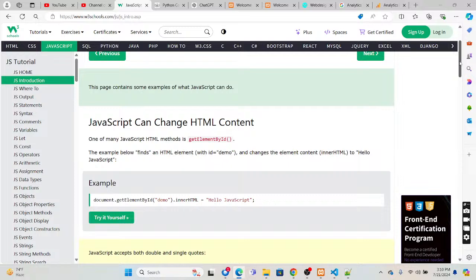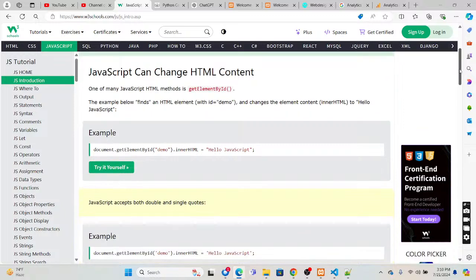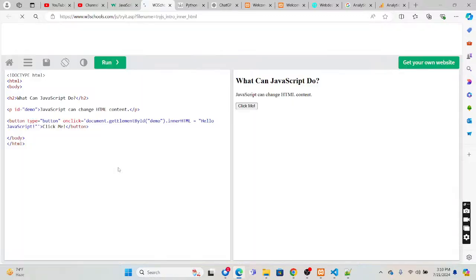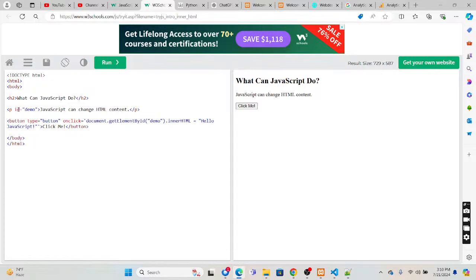Of course, now the server side is also there, but our focus now is on browser JavaScript programming for HTML. The entire page is a document, which has a button, and on click, document.getElementById of demo.